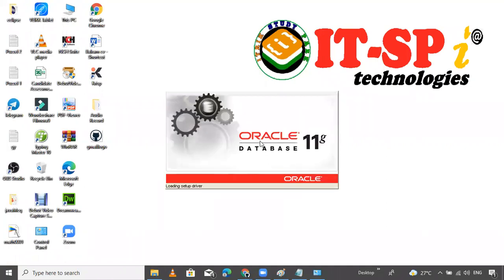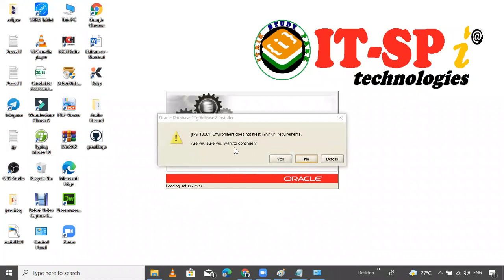I want to install Oracle 11G in my system. Loading setup driver. After that you will get the setup. You click on setup. It will ask, are you sure you want to continue?